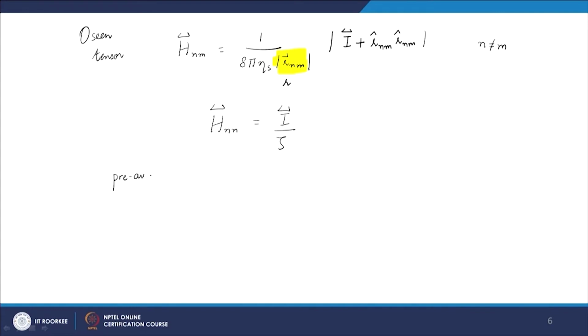The pre-averaging approximation, that is, I will approximate the mobility matrix H_nm